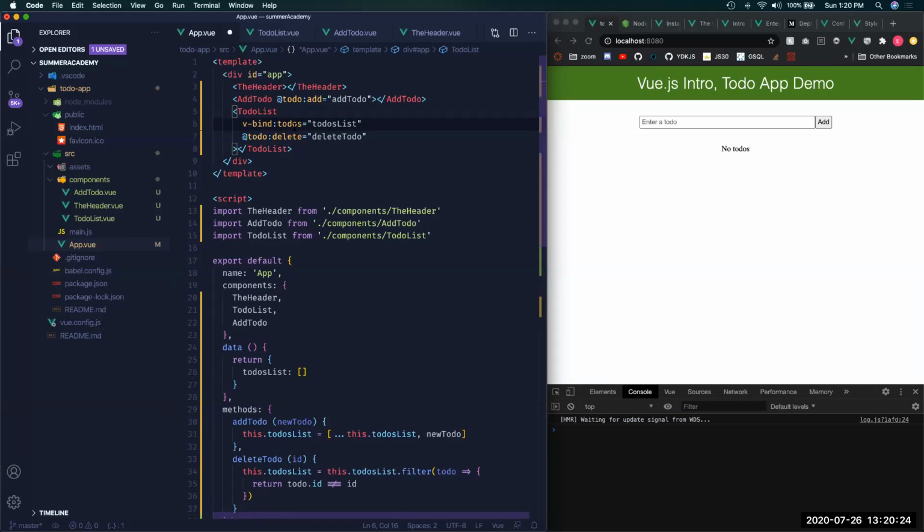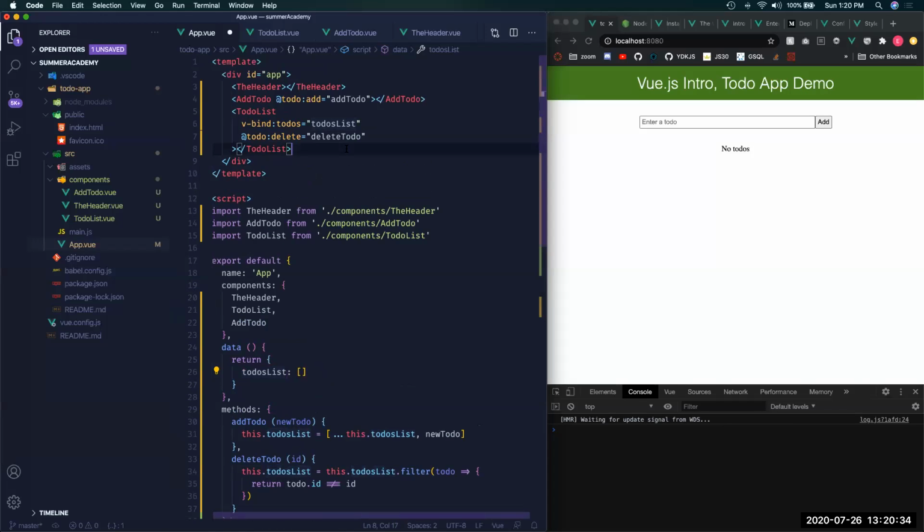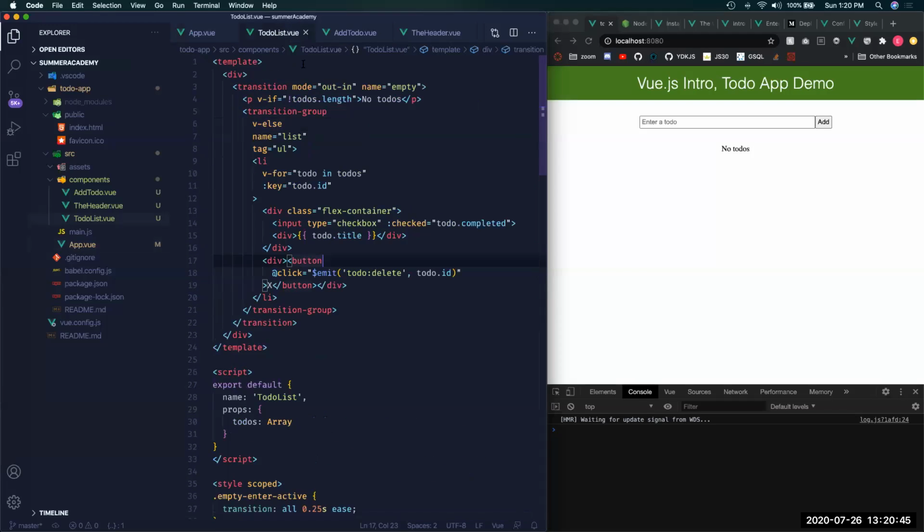This is like a prop. You can name it whatever you want. Then you specify what you want to pass. So in this case, we're passing this to-do list array. And you can go with a shorthand version. In our to-do list component,